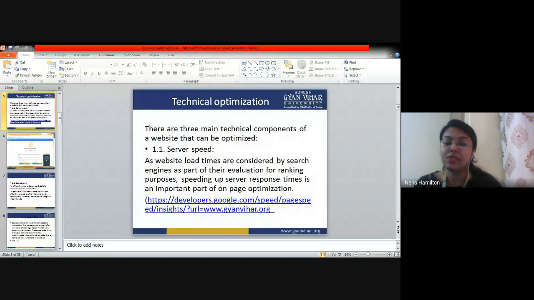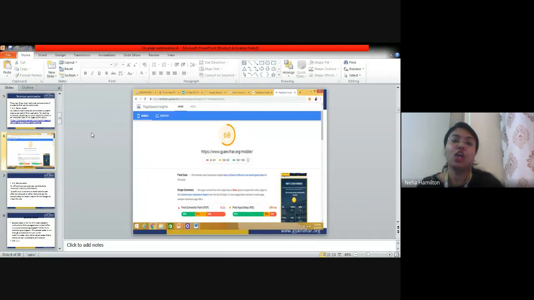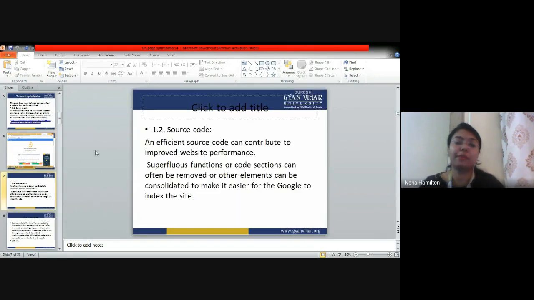Regular maintenance of the server is important. Time to time checking of the server is important. If you think that the memory of the server should be increased, then it should be increased. If you think that the server is not able to take up that much traffic, that many people, then you should add some more memory or try some other technical things that the software engineer is telling you, right? On developer.google.com we can find out the page loading speed.